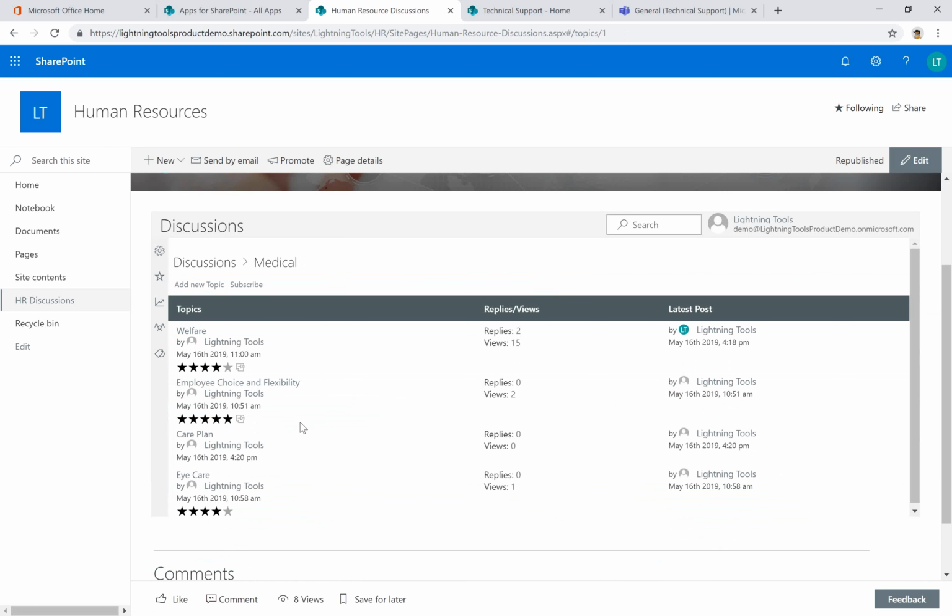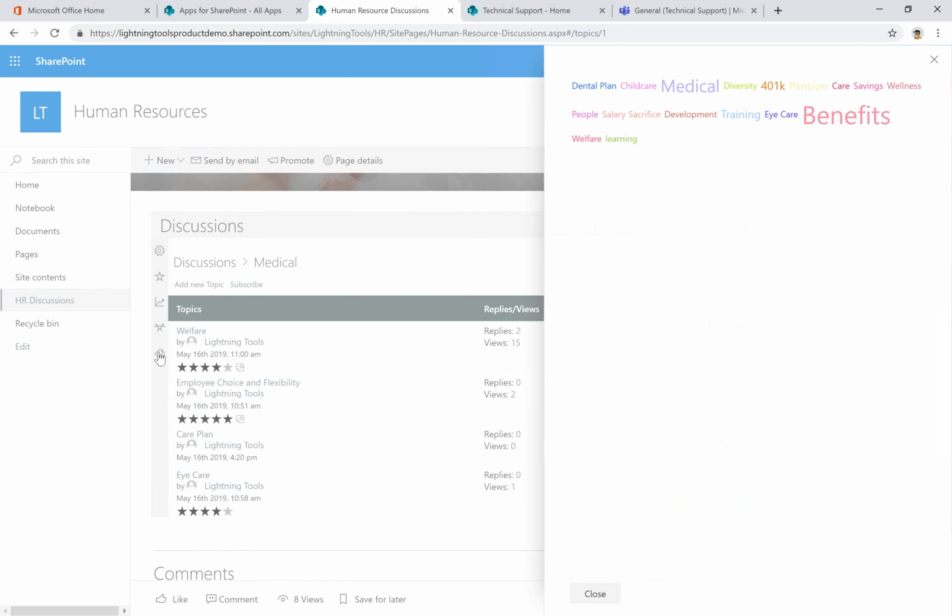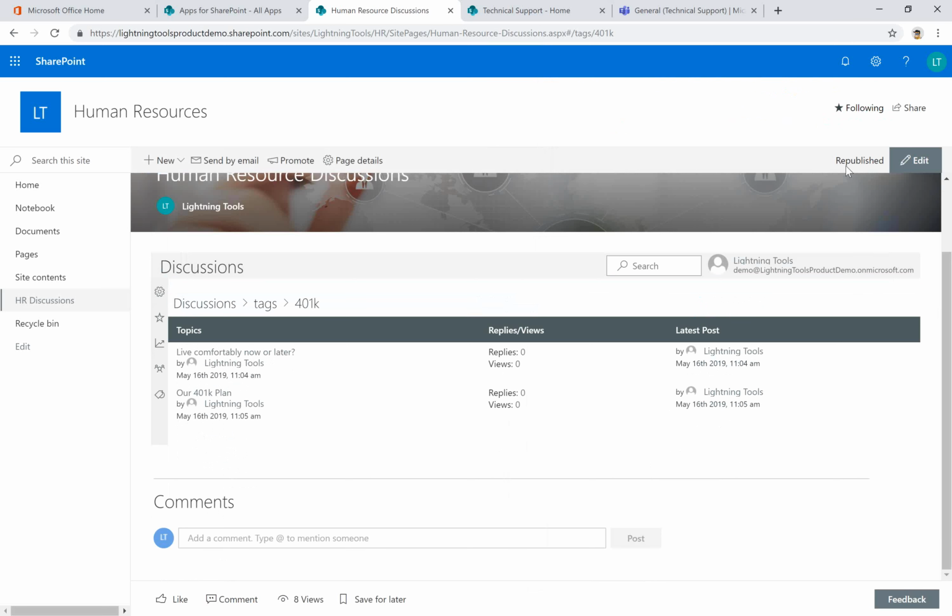As far as the tag cloud works, you'll notice here on the left hand side we can jump straight to that tag cloud. This is built up of all the different keywords that people have used, and in a typical tag cloud format, the words that are used quite heavily become bolder and bigger, whereas some of these are used just rarely. So if we click onto something like 401k, if I was interested in that,